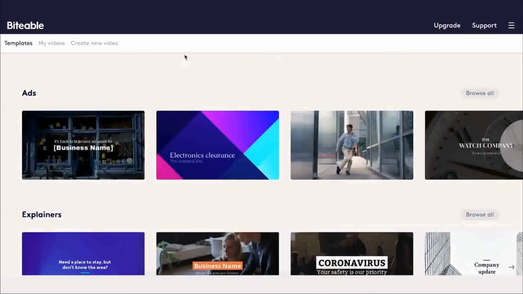If you'd like to make a video from scratch instead of using a template, then you can do that by clicking on the Create New Video button in the header. You can see that if you're either looking at the template section or if you're looking at your videos, then you'll see the Create New Video button in the header. We'll press that,